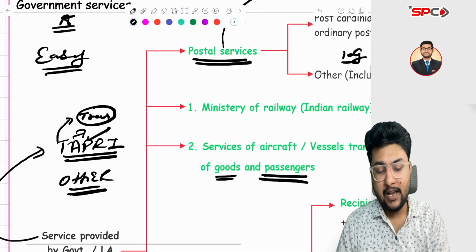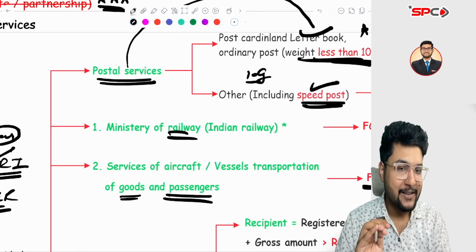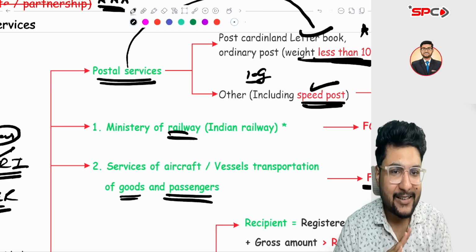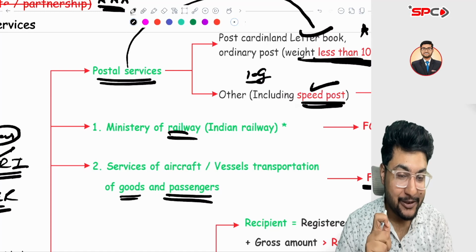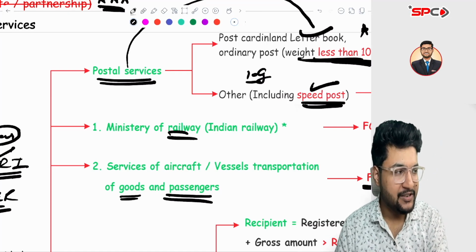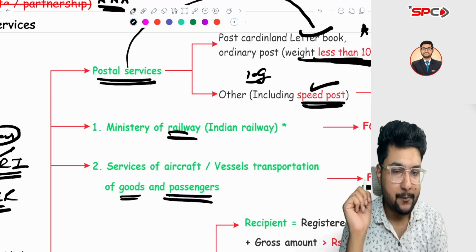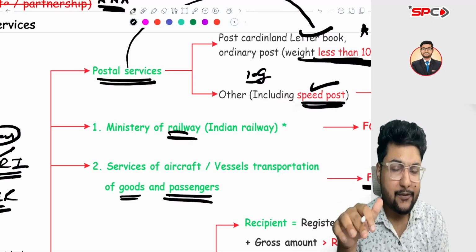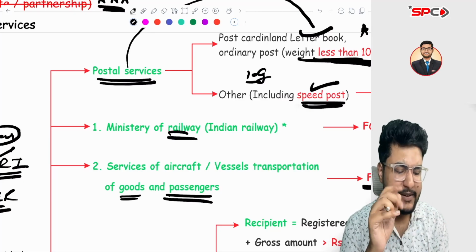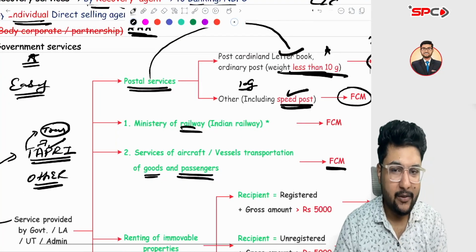Now TAPR, R means railway. As a railway, you are taking services. Have you ever booked a ticket from IRCTC, and have you deposited the tax? You have just paid the tax. The tax will be deposited by the Ministry of Railways to the government. But there are some exceptions in which it is exempt. Have you taken the 5 rupees platform ticket? Then cloakroom, battery operated vehicles, these are very small amounts and these are exempt. You will study this under the exemption chapter as well, but I have covered every single point here.